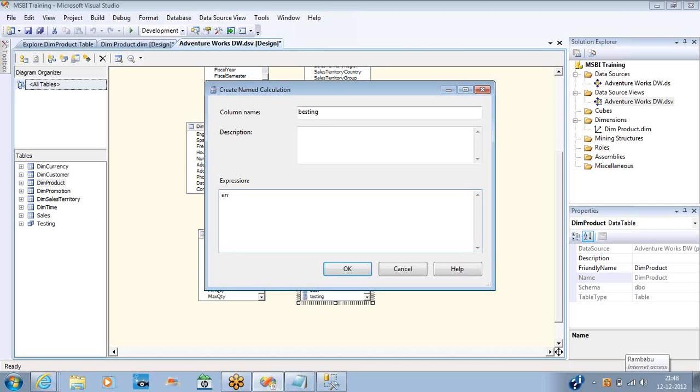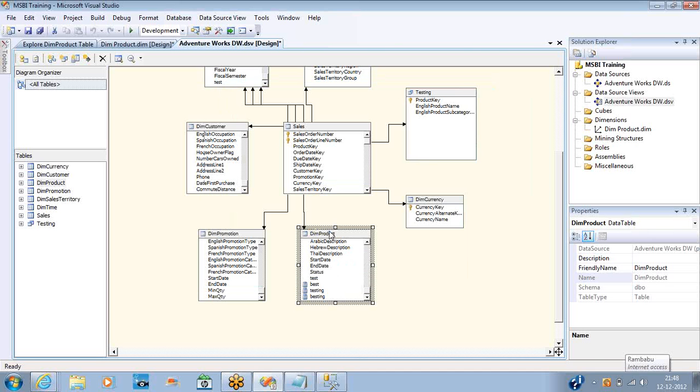I'm giving the existing column English product name plus I'm concatenating some hard-coded text. Is a good product. Okay, this is the column name plus I'm concatenating some string. So this plus is to concatenate, that means to attach two strings, and is a good product is the string I want to attach. Now if you explore the data here,